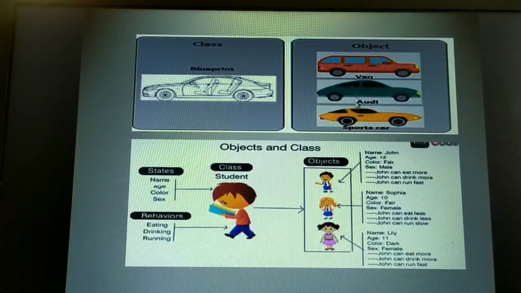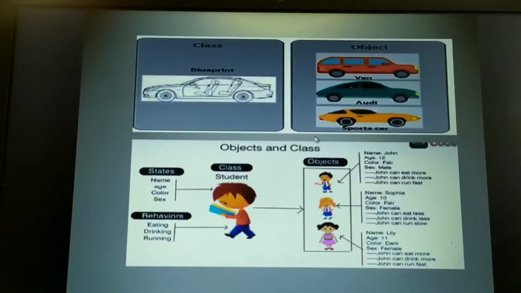In a similar way, these three objects have common characteristics among them, like the number of wheels, color, price, model. They have the same kind of characteristics, which are enclosed in a single unit called the class. Similarly, I have three different objects here. Look here.